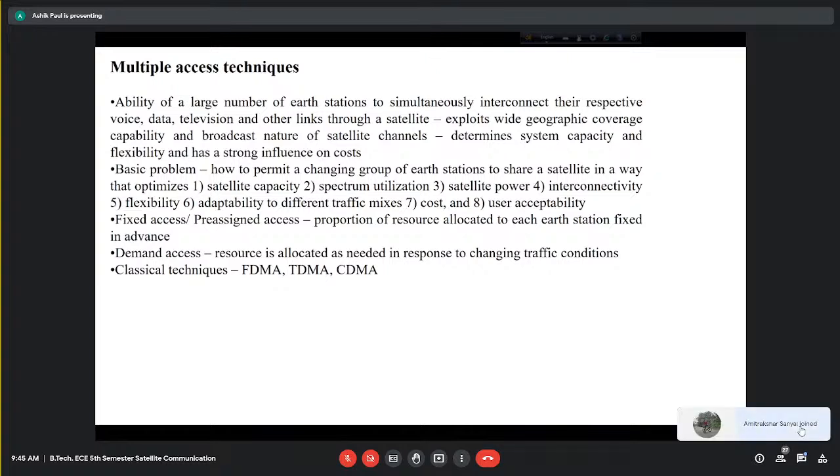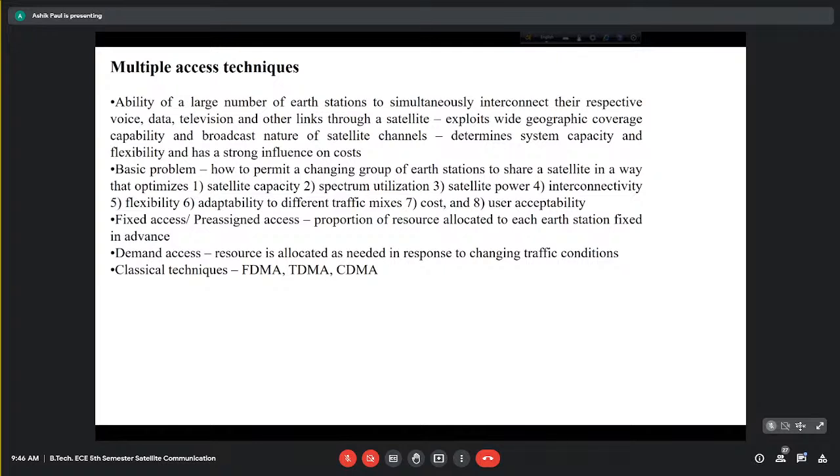So now, since we are now familiar with the fact that design and launch of a geostationary satellite is an extremely expensive proposition, that means once we launch that kind of a communication satellite, we should try to optimize its utilization as much as possible. One of the things will be, of course, we would like to have as many users accessing that particular transponder or a number of transponders on board the satellite.